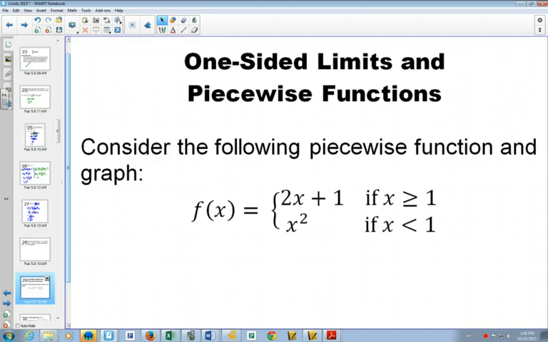So here we have a piecewise function. All a piecewise function is, is two different graphs that you know how to graph, and you just have to graph a small piece of each one of them. So here it looks complicated, but what we have, and I'll label it here, I'm going to do 2x plus